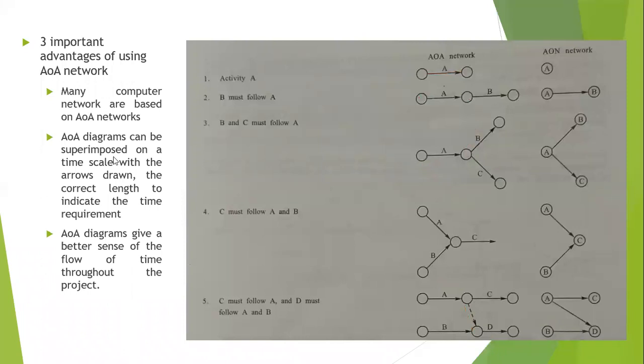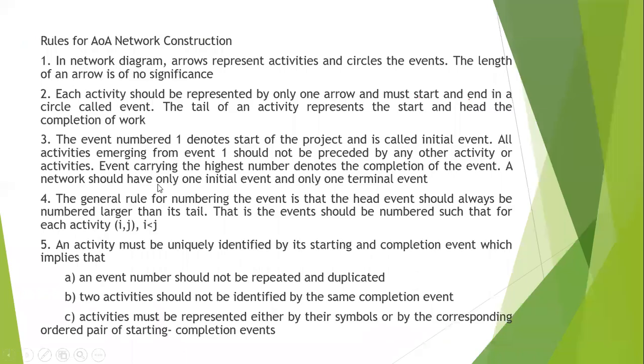So let's proceed to the rules which are required. Very important. When you draw a network diagram, these rules should help you. So in our syllabus or generally we make use of activity on arrow and we do not make use of activity on node. So understand, activity is represented on the arrow connected by two nodes. Okay. So here in network diagram, arrow represent activities and circle represents the events.